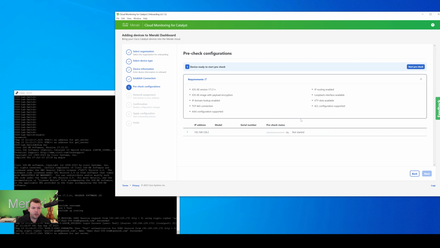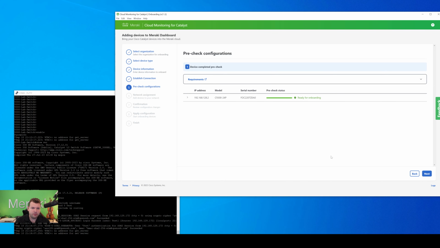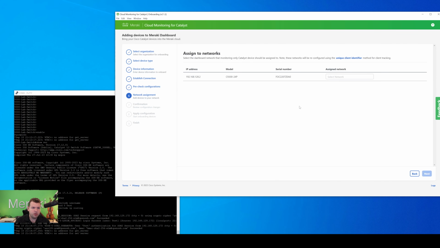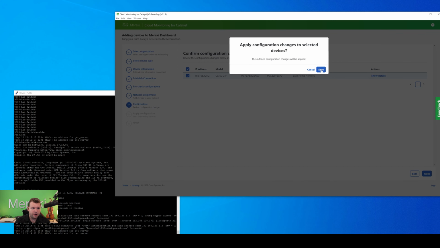So going to our pre-check configuration, we're going to start pre-check, and we're going to see some more data appear on the console side. And so from here, this is going to essentially check that our switch has all the configuration necessary to monitor on the dashboard. Once that is complete, we could also assign that switch to a network. So we're going to go to the home network and then press next. We're going to add this switch, press next, apply our configuration,